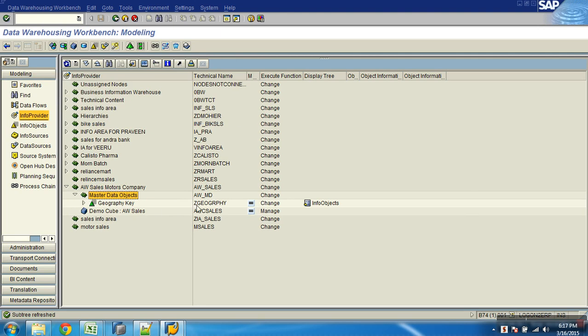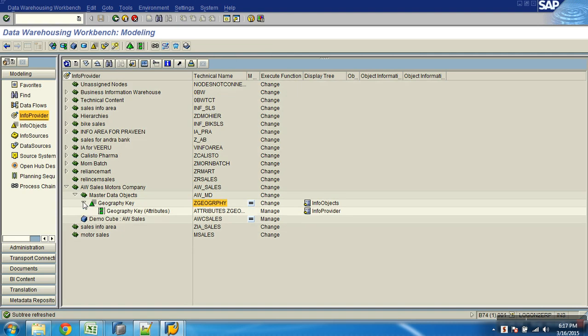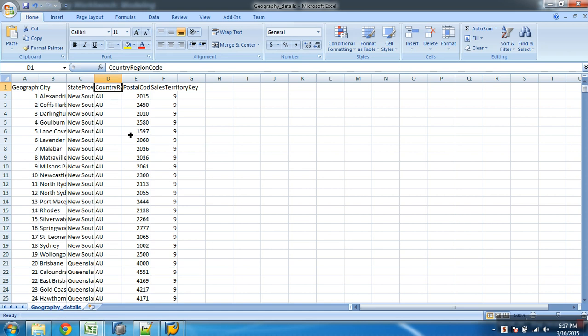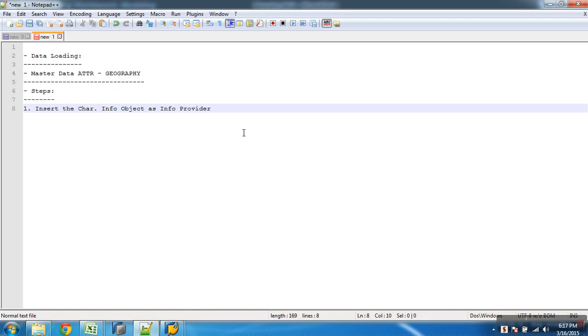Now you get to see this InfoObject here. When you expand, you get to see this attribute. This symbol indicates attributes. Why only attributes? Why are we not seeing text, or why are we not seeing hierarchies? Because the geography InfoObject was enabled only with attributes. That's why I get only attributes. So ultimately this is my target and this is my source file. From this file I would like to load into the target. Okay. So next step would be